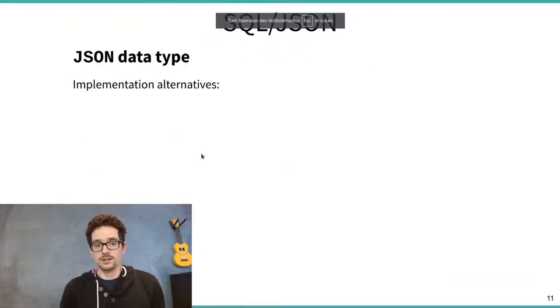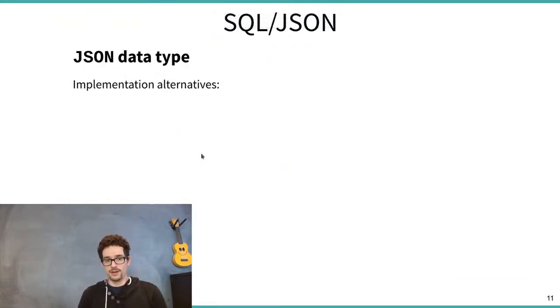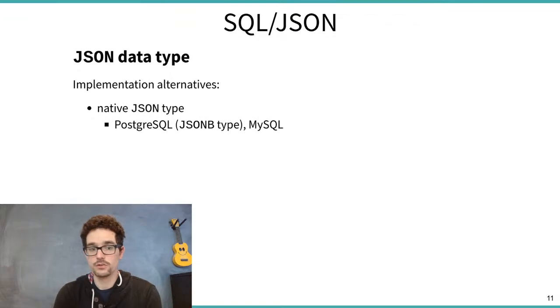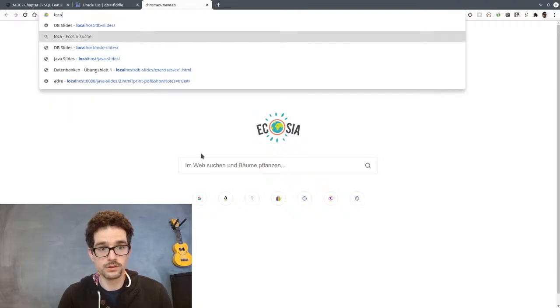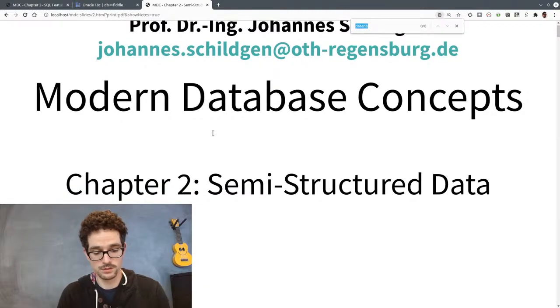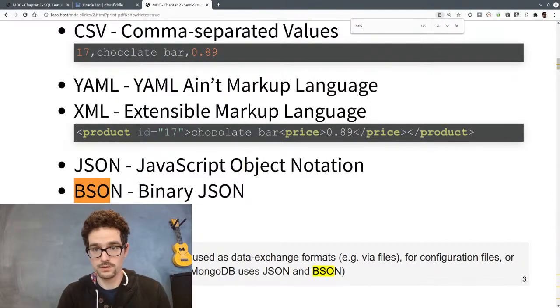Okay, different vendors of database management systems implement the JSON support differently. So one approach is using a real native JSON type. This stores the data binary as binary JSON. So there was this slide on the JSON lecture